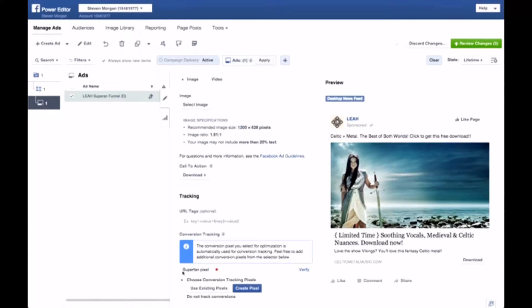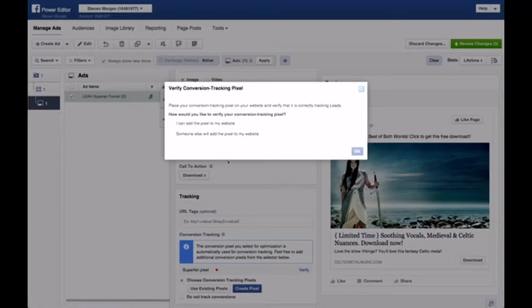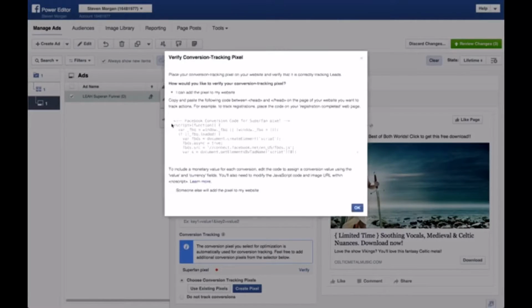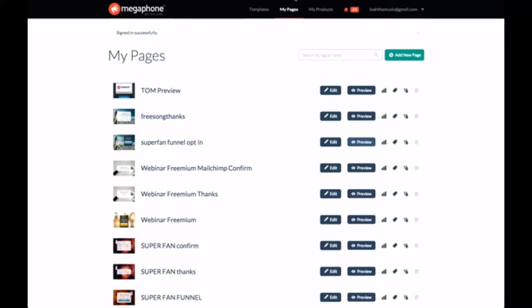Down here, it's showing us, this is just kind of reviewing the tracking. You don't need to select anything. The only thing, it says verify because we just created a new one. But see, this is where you go. I can add the pixel to my website, and I would just grab the code here if I haven't verified it yet. And I come back here to Megaphone,